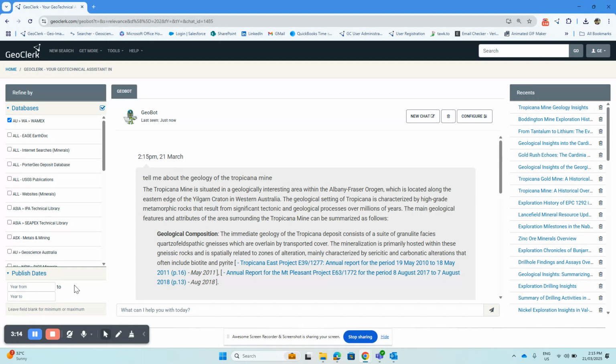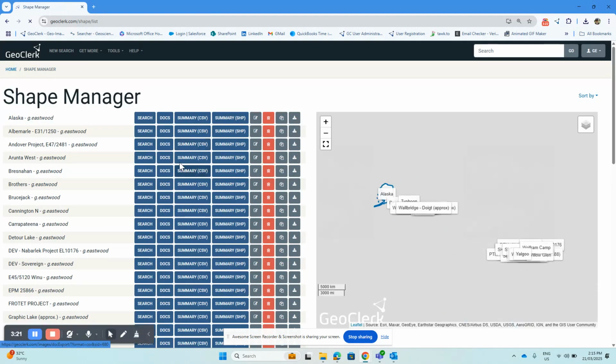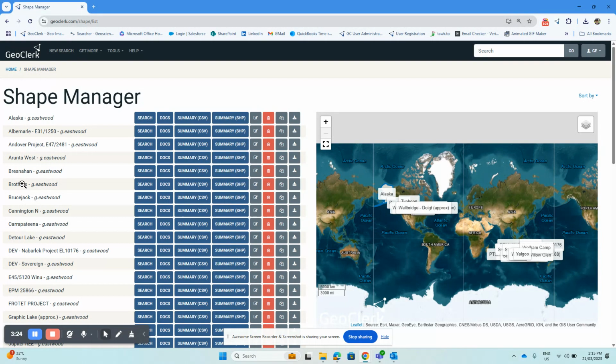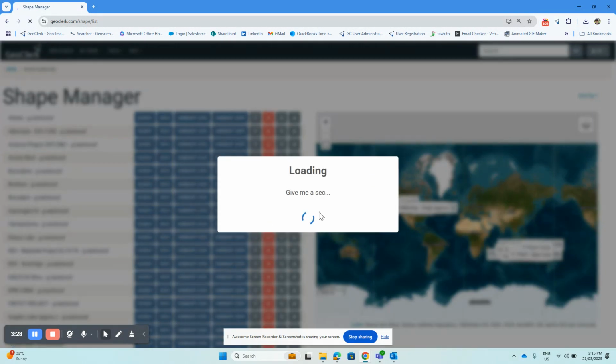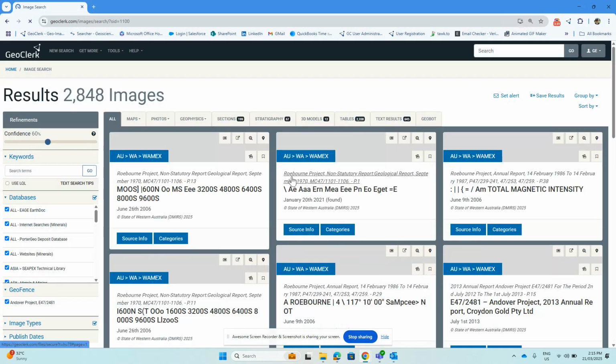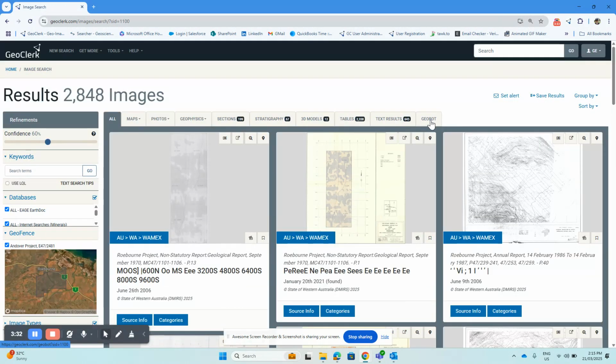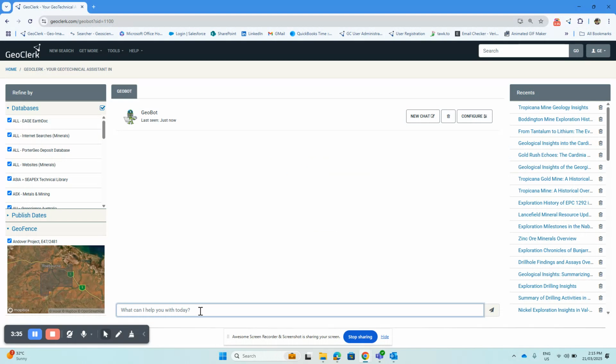And the other thing we can do is combine this with a spatial search. So if we want to do that, what we can do is just go to one of your shapes. In this case, I will just pick this shape around the Andover project. So I'll just perform a search there, jump over to the GeoBot tab, and ask, what is the exploration history